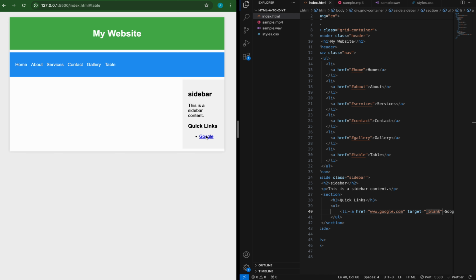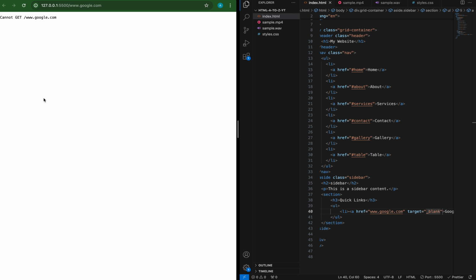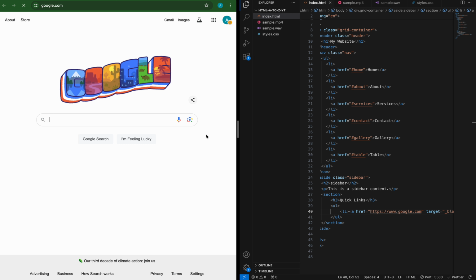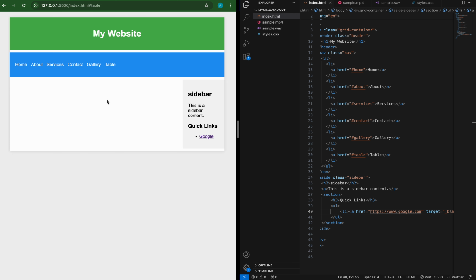By clicking on this, you can see that this www.google.com was not written very correctly. Let's just add some HTTPS before that, and have another try. Now that it is the 4th of July also, you can see that the doodle of Google is related to 4th of July. Okay,